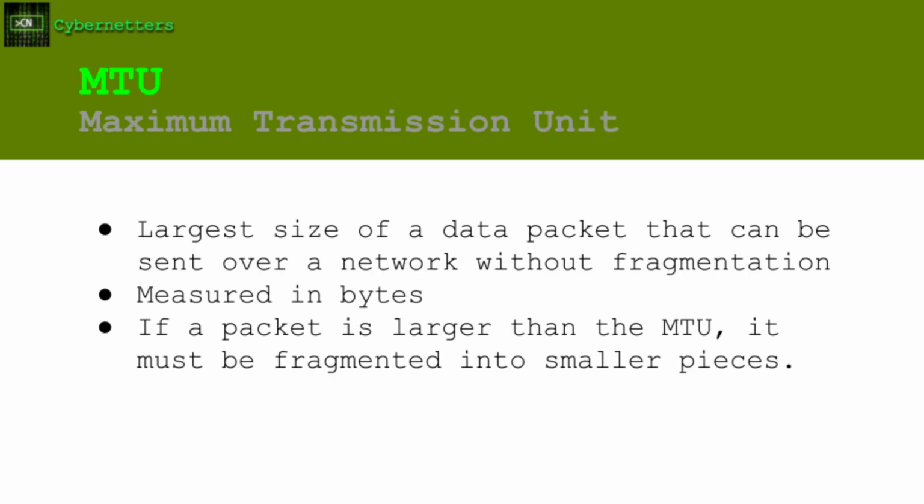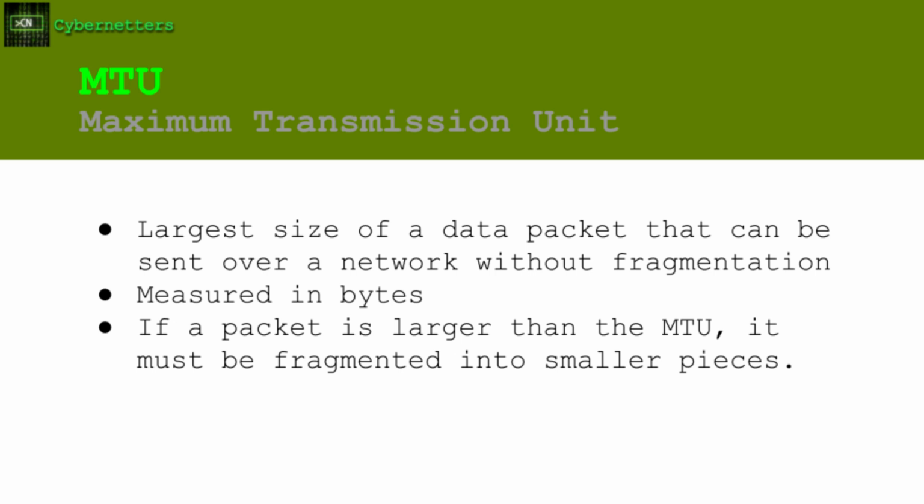So, what is the MTU, or the maximum transmission unit? It is simply the largest size of a data packet that can be sent over a network without fragmentation. It is measured in bytes and it varies based on the network type. So, what happens if a packet is larger than the MTU? It must be fragmented into smaller pieces, which can then slow